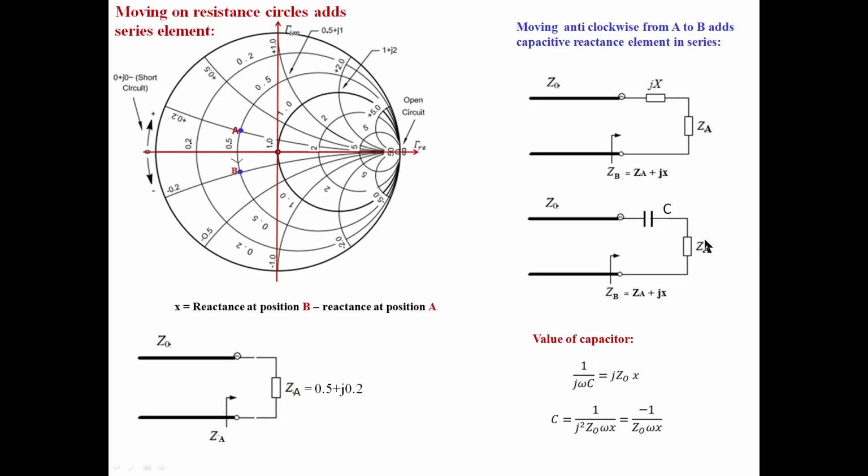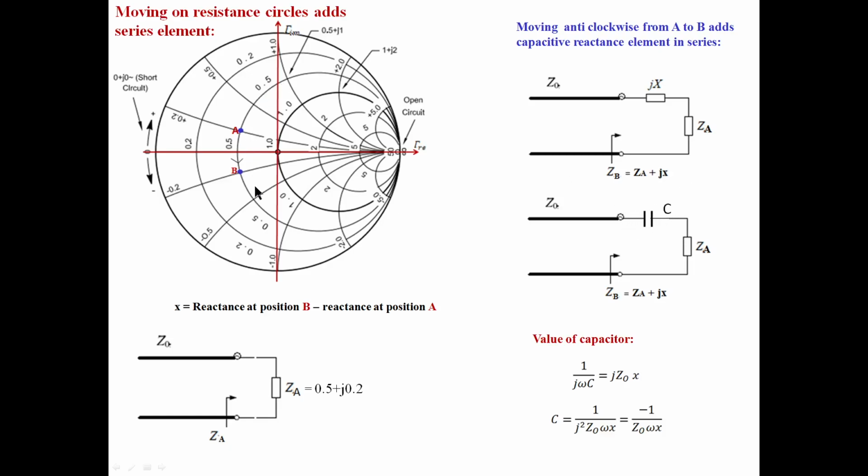Similarly, if you move anti-clockwise from the load, for example this is a load point on the 0.5 circle, and I want to add a series capacitor next to the load, what can I do from here? From the load point you move in the anti-clockwise direction, on the resistance circle only. You should not go to some other point, or move over the reactance circle. You should move on the resistance circle, from the load point up to point B. It adds the series capacitor like this.